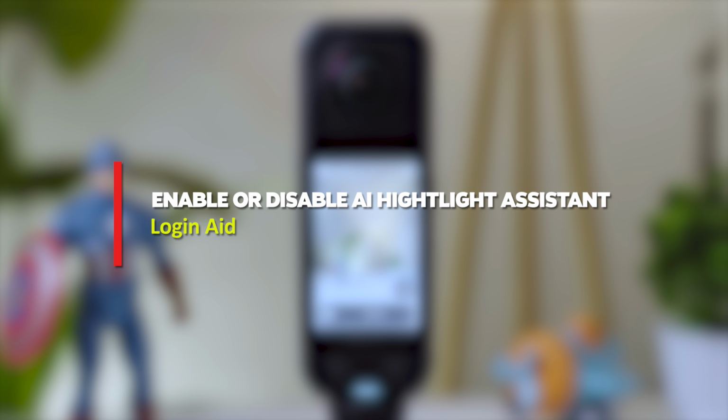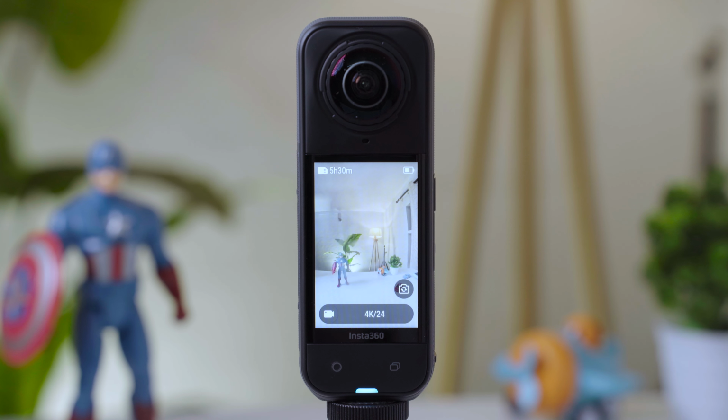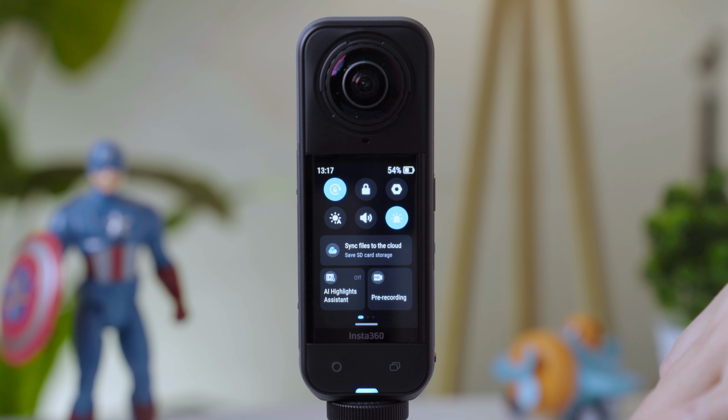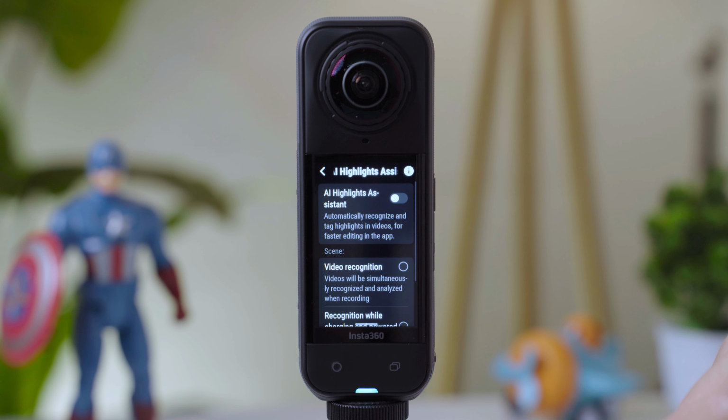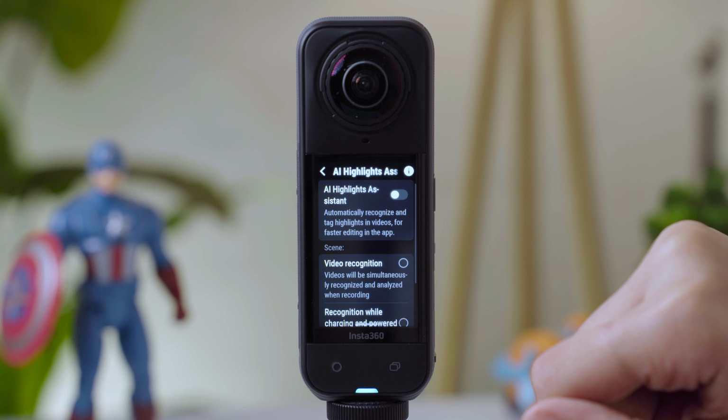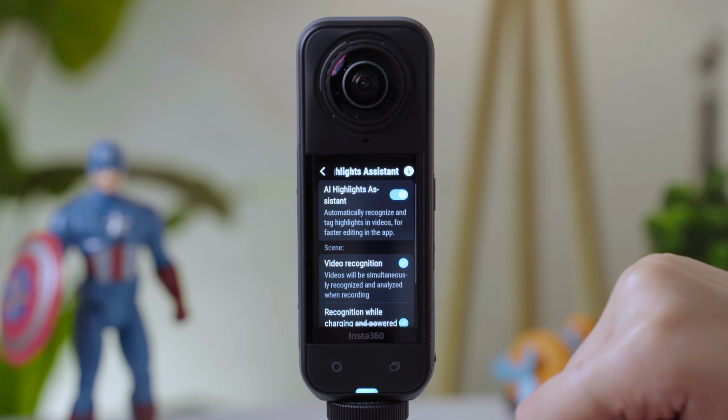How to enable or disable AI Highlight Assistant on Insta360 X5. So on your device, scroll down to your control panel. Then you will see AI Highlights Assistant. Tap on it. Now over here, if you turn on the toggle for AI Highlights Assistant, you can see that